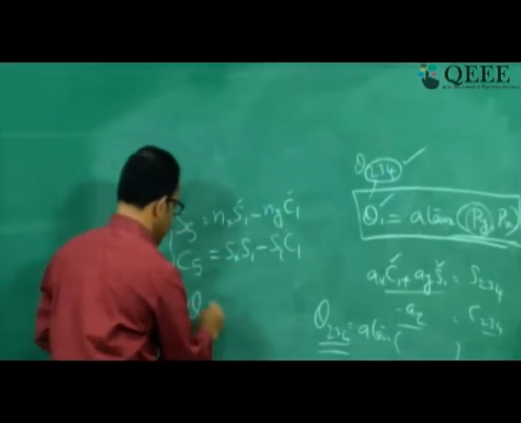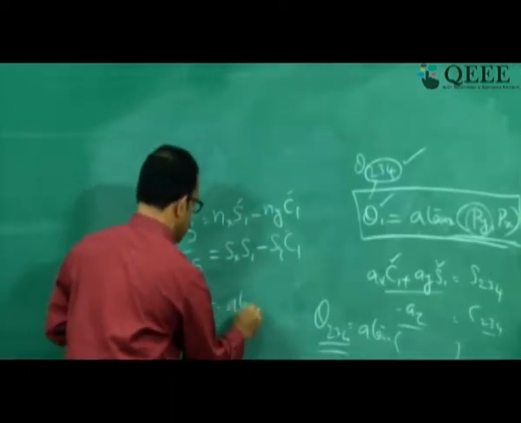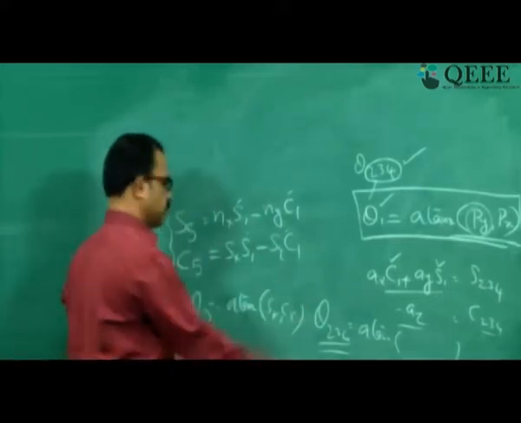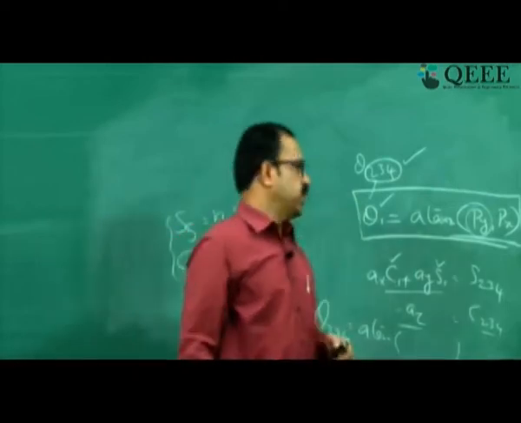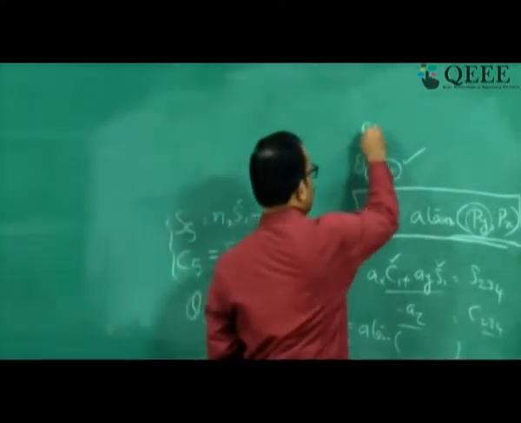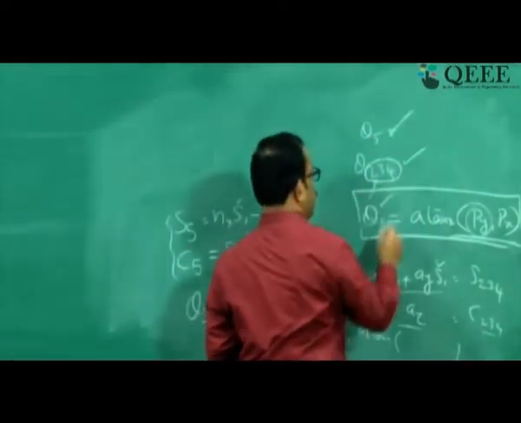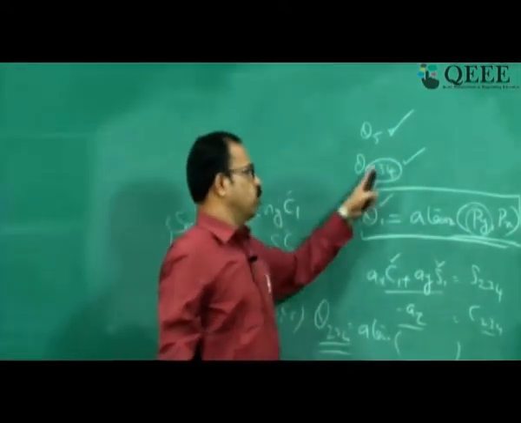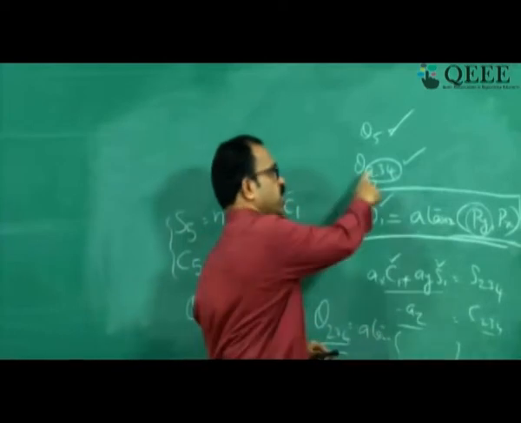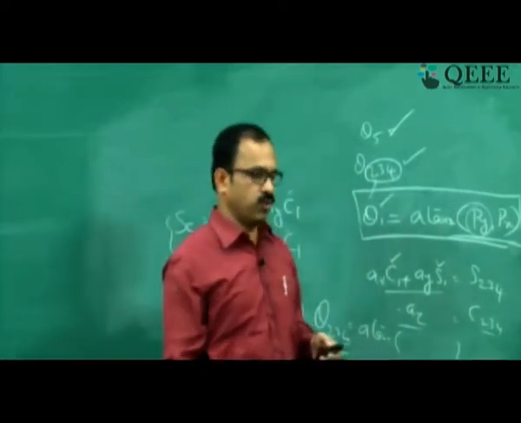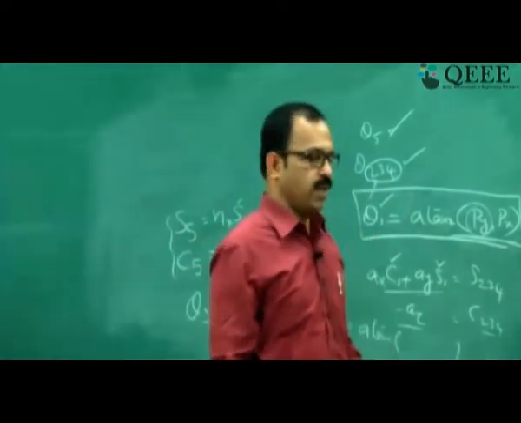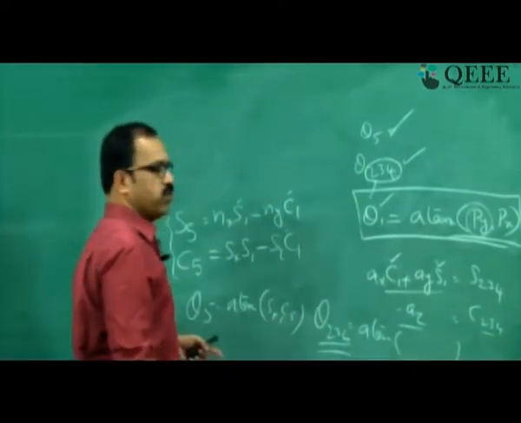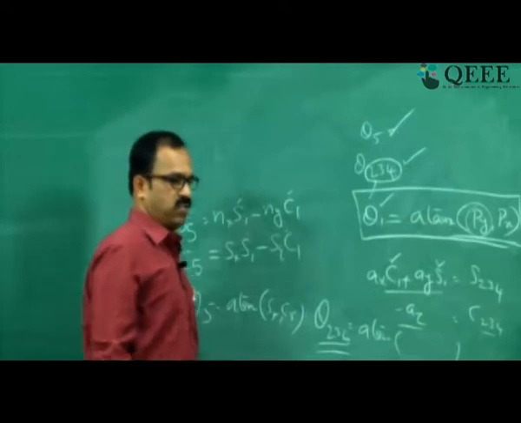Again, theta phi will be atan2 of s5, c phi. So theta phi is also solved. So we have solved theta 1, theta phi and theta 2+3+4. What we need to do is to solve theta 2, 3 and 4 separately. We need to get the values of theta 2, 3, 4 in terms of the known values. Okay, so to do that, we take the Px and Py equation, that is equation 1,